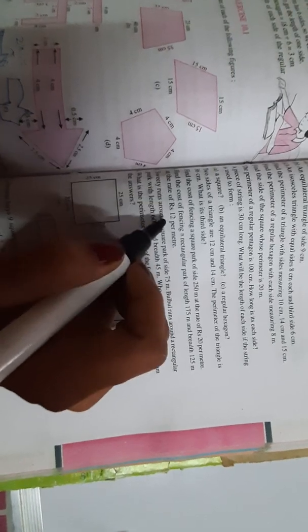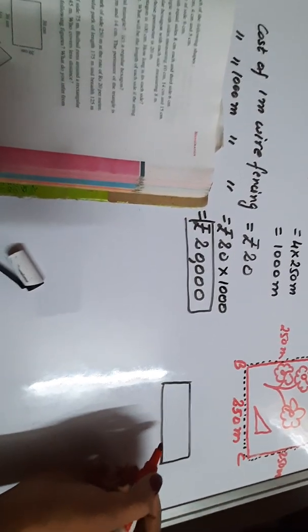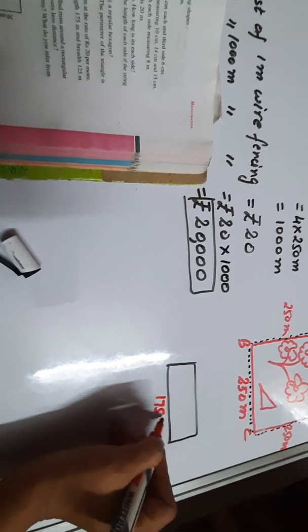Now dear students, question number 14 you will do yourself as a homework, because it is just similar to question number 13. Find the cost of fencing a rectangular park. In 13th question, a square park is given to us. Now a rectangular park whose length and breadth is given to us, at the rate of rupees 12 per meter. We have been given a rectangular park whose length and breadth are 175 meter